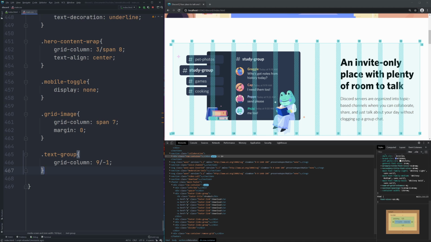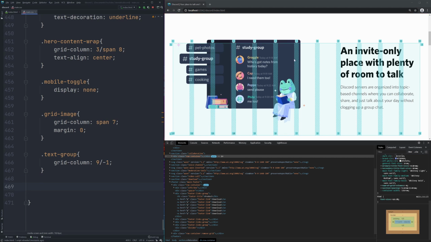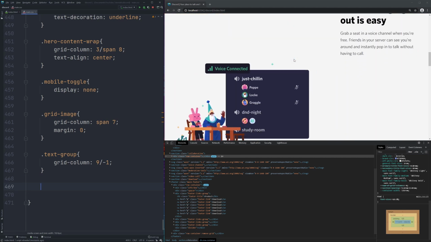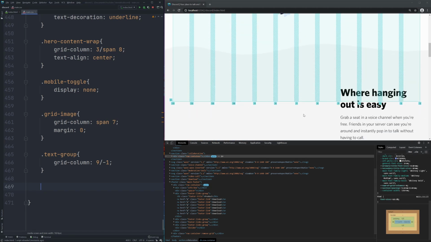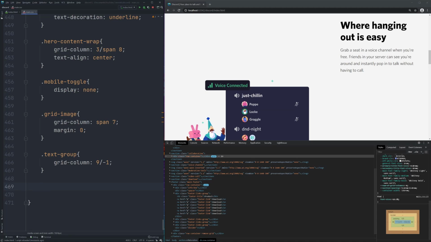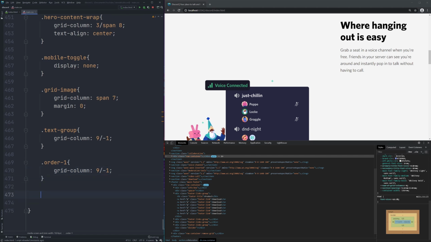Next, I'm going to select the order once more. The reason why I have to select the order is because remember that we flipped them over, so this kind of just breaks them. But don't worry, we're going to be taking care of that right now. So order 1. We basically just have to do the same thing we did here, since this is the image. And then for order 2, since this is representing the text,